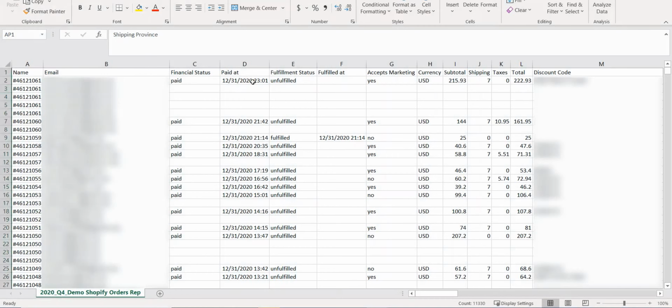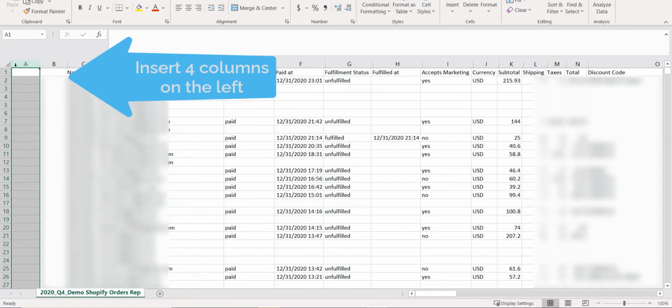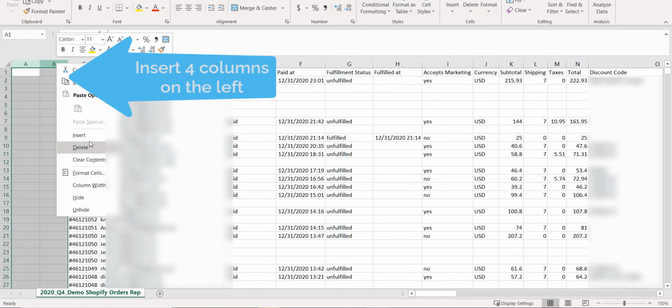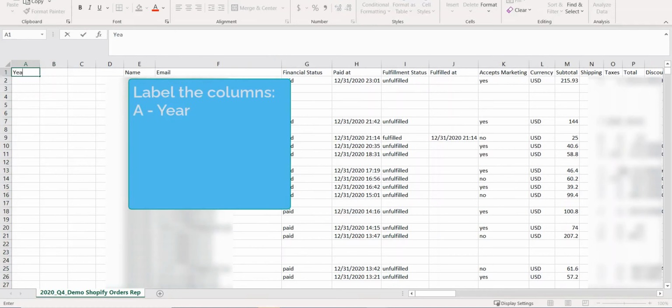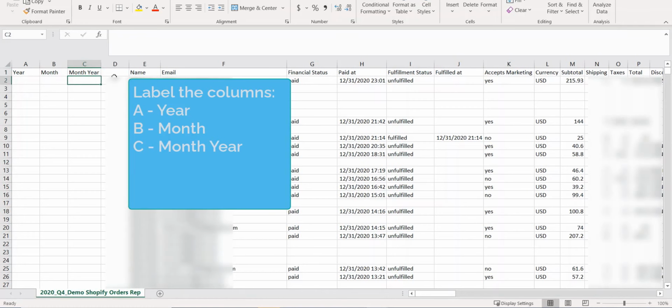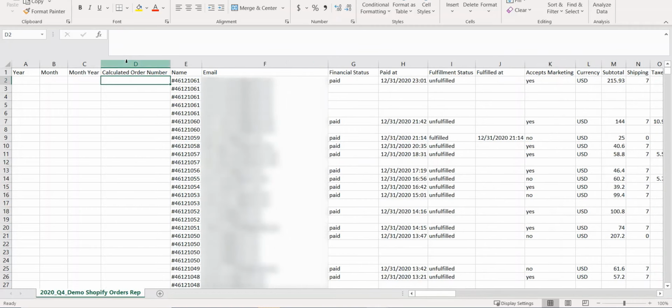So a lot of this information, we want to strip out. So we're going to add just a few columns, and you can add more columns depending on your need. But we usually would do a column to strip out the year and month. And then we'll do a month, year combined. And it'll all make sense in a little bit, I promise. And then we'll do a calculated order number, because when you want to do economic nexus analysis, you want to know how many transactions you have into each